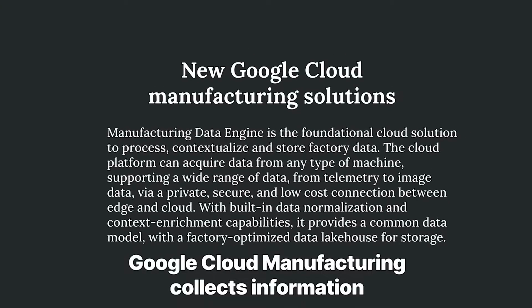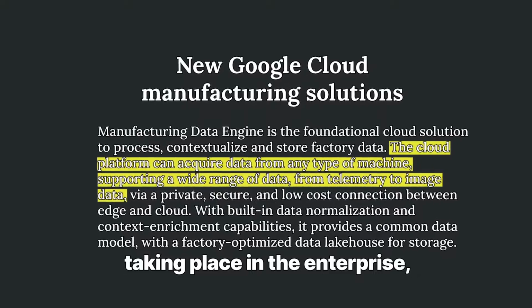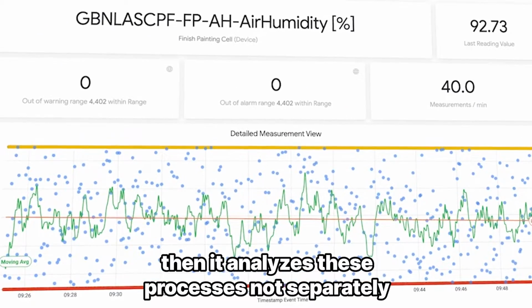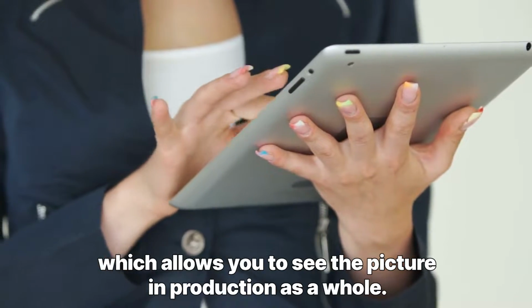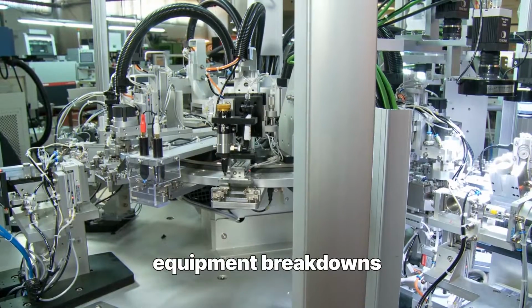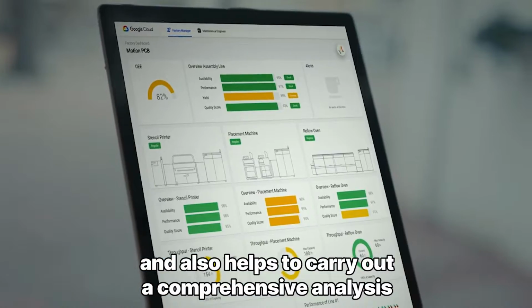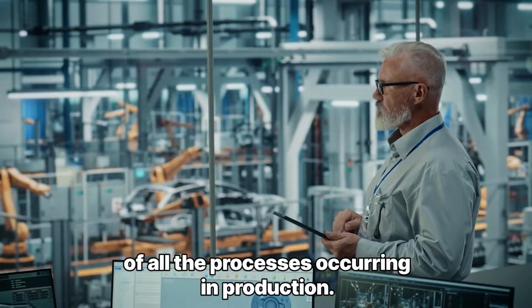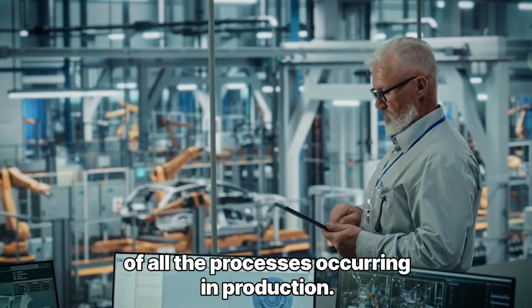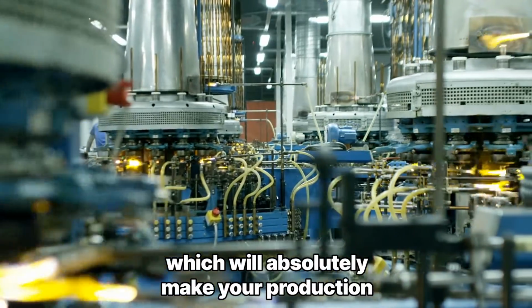Google Cloud Manufacturing collects information on all of the production processes taking place in the enterprise. Then it analyzes these processes not separately, which allows you to see the picture in production as a whole. Google Cloud Manufacturing significantly reduces equipment breakdowns and avoids production stoppages, and also helps to carry out a comprehensive analysis of all the processes occurring in production. This tool is a new step in the development of manufacturing technology, which will absolutely make your production uninterrupted, self-sufficient,